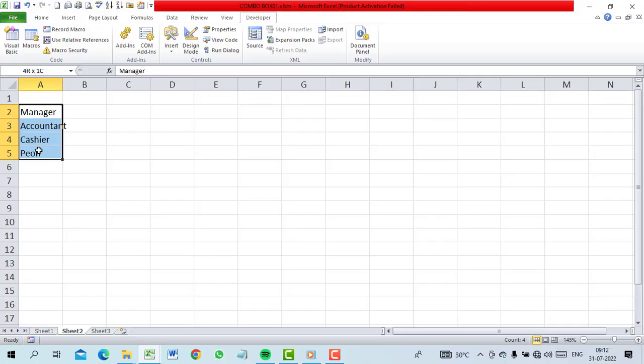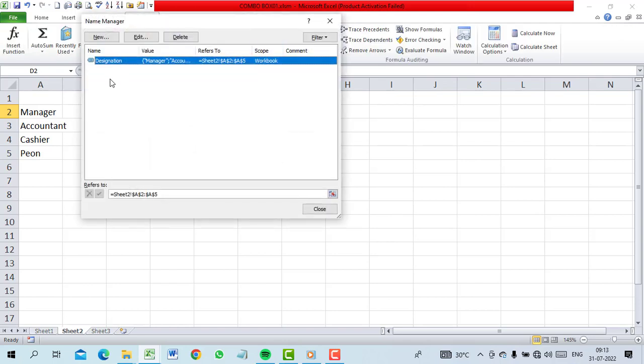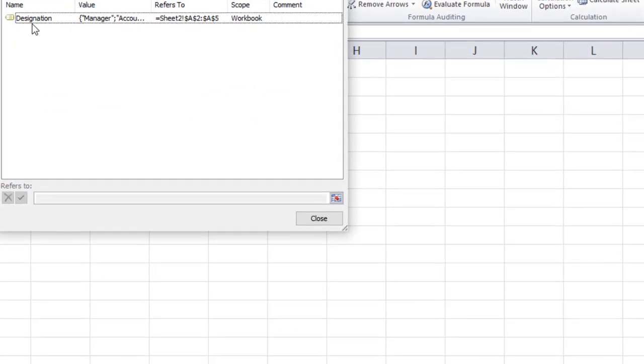Again click here and rename it designation, and press enter. This is the designation. You can check it by going to formulas and name manager. Your designation has been saved.